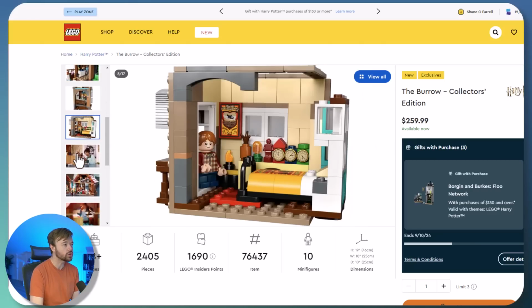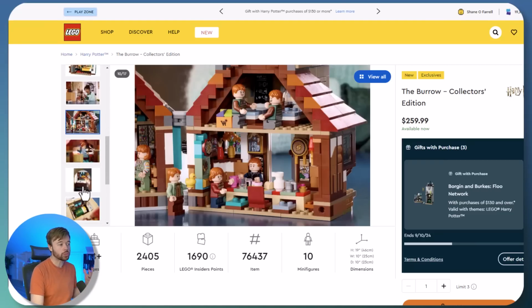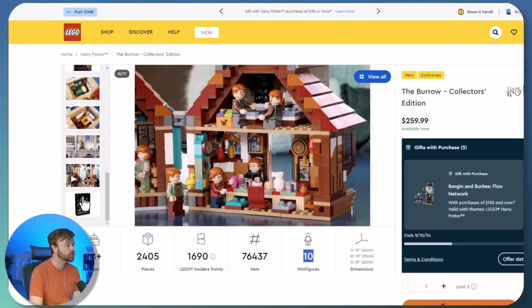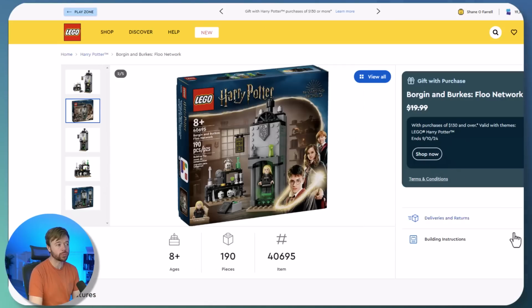We've got all sorts of different fun things going on in here, because the larger price, of course, allows them to have 2,405 pieces in this set with 10 minifigures. So it is quite packed. Now, this gift for purchase that you were getting, Borgin & Burke's, the interesting thing about the gift for purchase